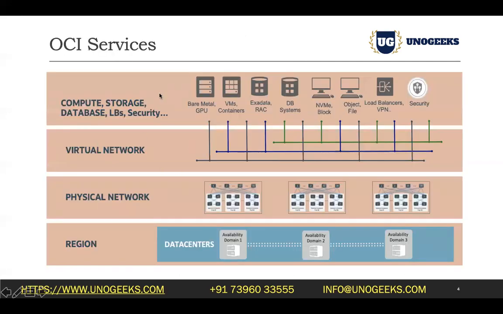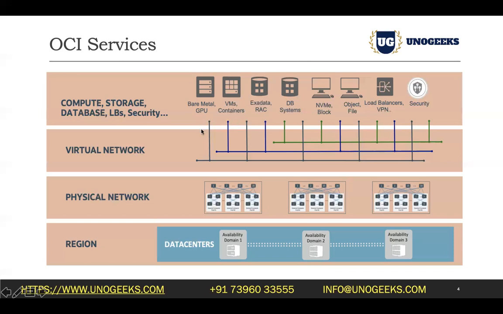And if you look at the OCI services, this picture gives you a good overview about how OCI operates. You have regions at the bottommost level, and you have data centers there. Data centers are nothing but availability domains, and typically you will have three availability domains. Those three availability domains would be connected by fiber, and these will help you to build highly available solutions. And you've got a physical network wherein all the applications, the instances, and everything that needs to be connected together would be wired up.